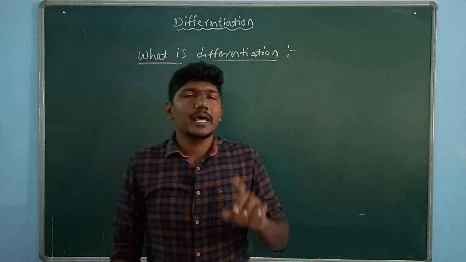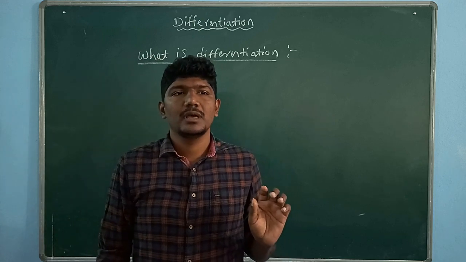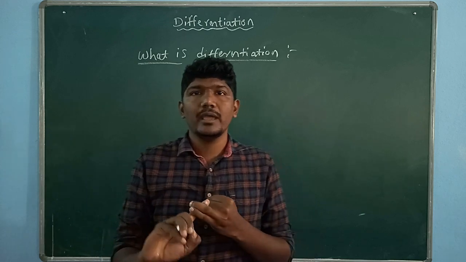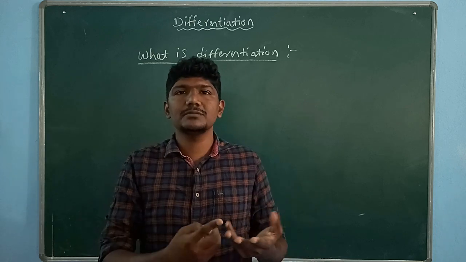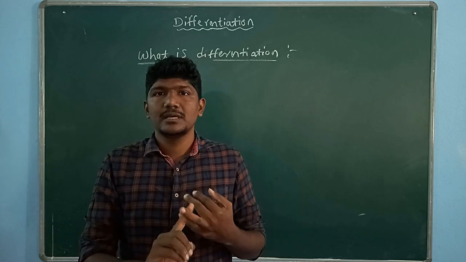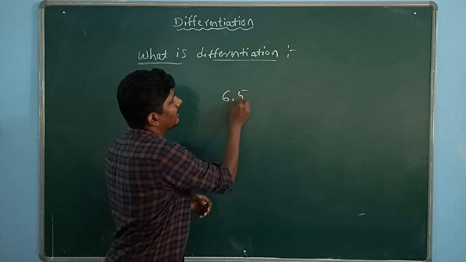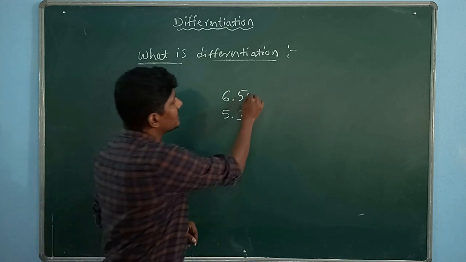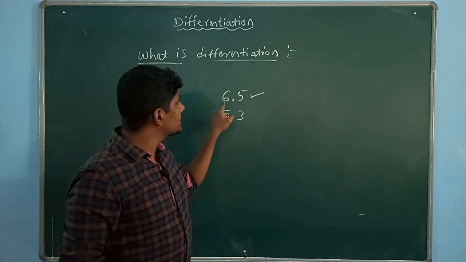For example, rate of change of one quantity with respect to another quantity means, we will take one simple example. Many of you know cricket, right? In cricket there is a run rate. What is run rate? Run rate means runs increase with respect to overs. As overs increase, runs also increase. So this is called run rate. You might have seen values like 6.5, this is run rate, or 5.3, this is also run rate. This is run with respect to over. So run changes with respect to over, and this is called run rate.